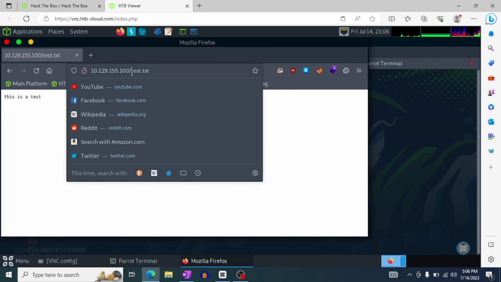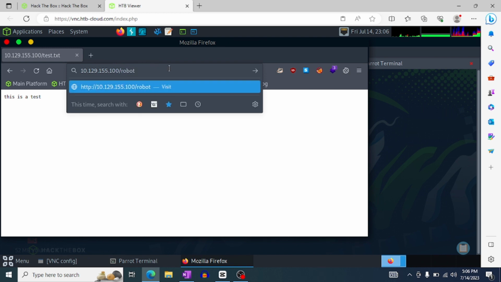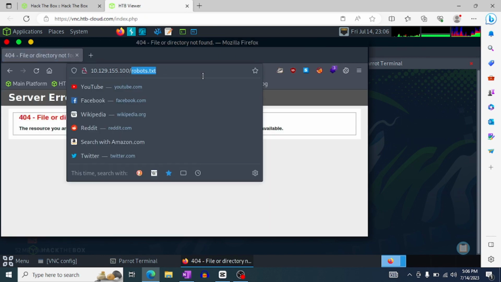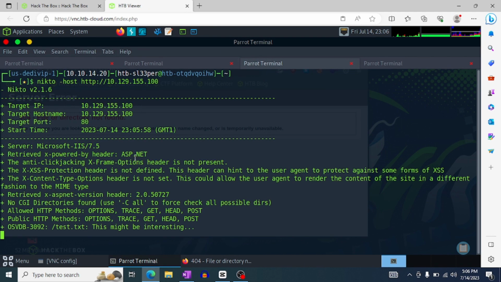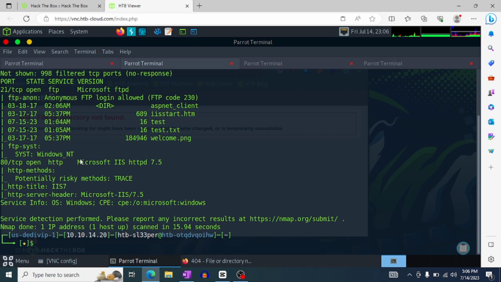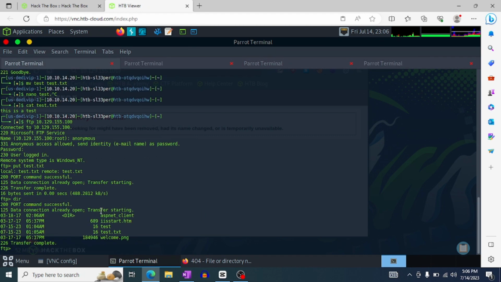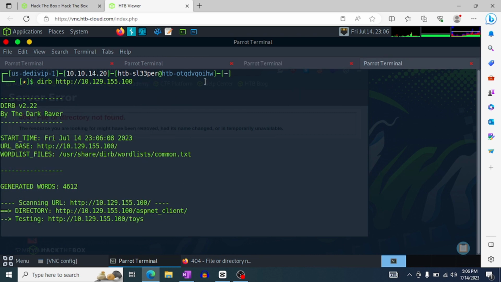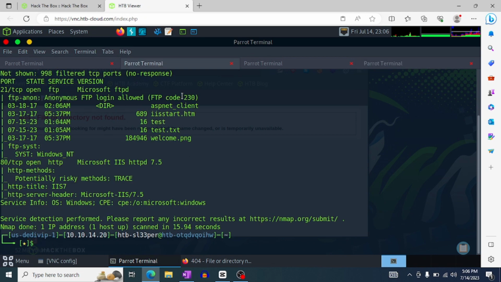The third thing I always like to check is if there's a robots page. Not in this case. So from our nikto scan, we get this piece of information. Powered by asp.net. And from our dirb scan, aspnet client. And we already saw that in here. So we can assume it's running on that, and we can assume we can check out a reverse shell in that